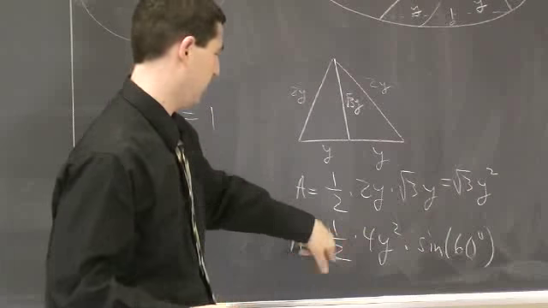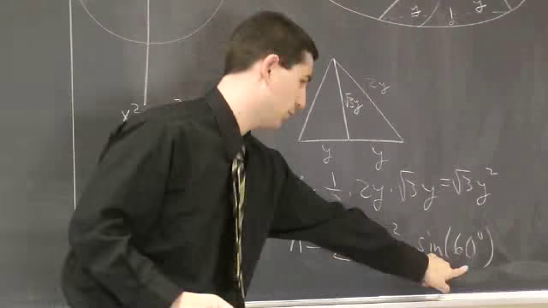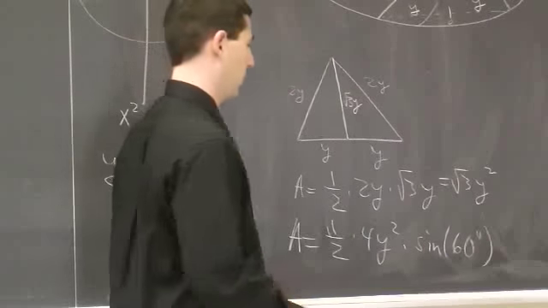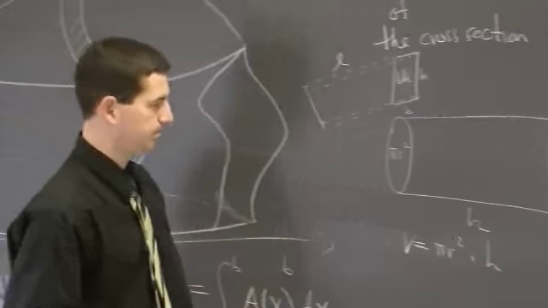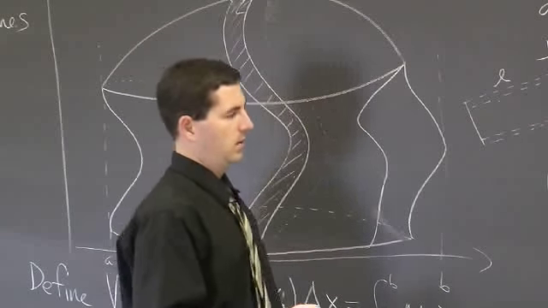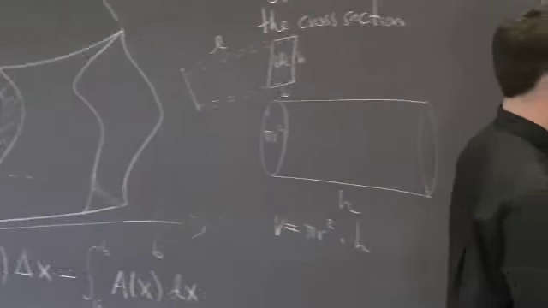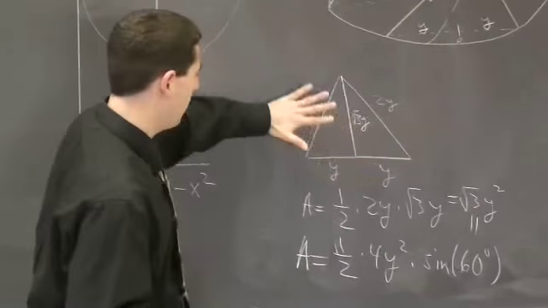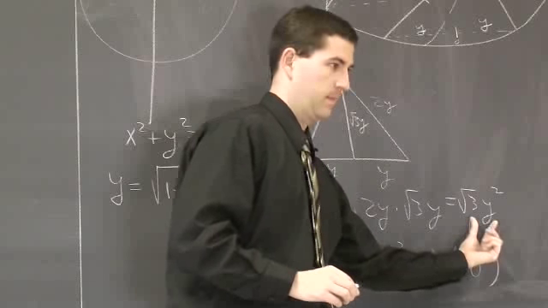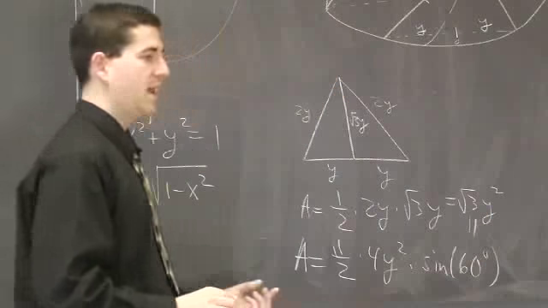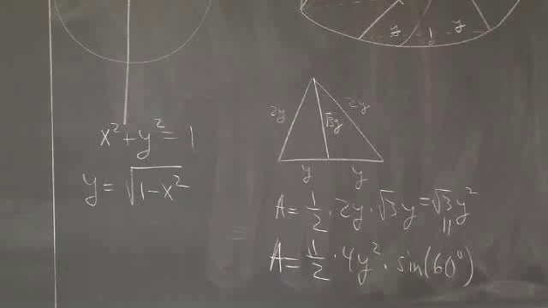So those cancel with that half and the root 3 over 2. The 2 in the denominator cancels with that 4. Again, you get root 3 y squared. So either way, you know that the area of a cross-section is root 3 y squared. Okay. And if we want to put that into x's,